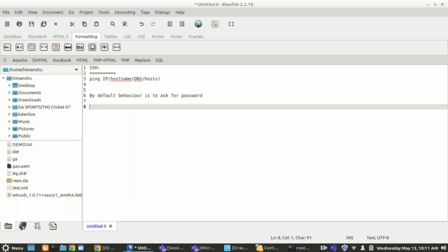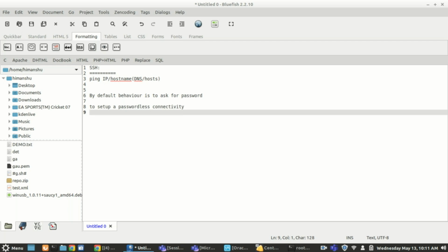Many places you might need passwordless connectivity, for example from your development to a prod or test instance, you might be using passwordless connectivity many times. So for that specific reason, how can we set up passwordless connectivity? Let's say I am running a script from one server and it should run on some other server. Many times you need a passwordless connectivity so that every time it will not ask for the password. My script shouldn't ask for a password.